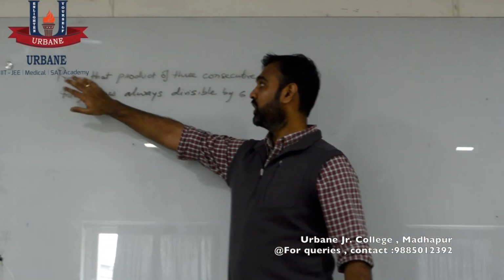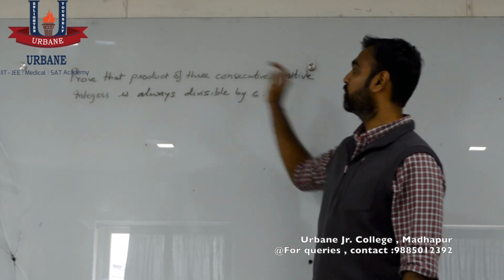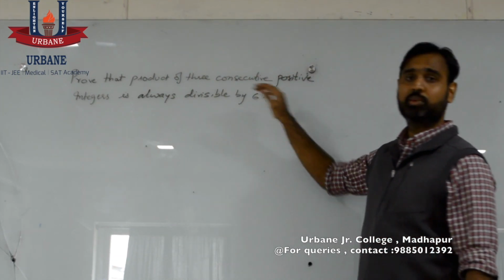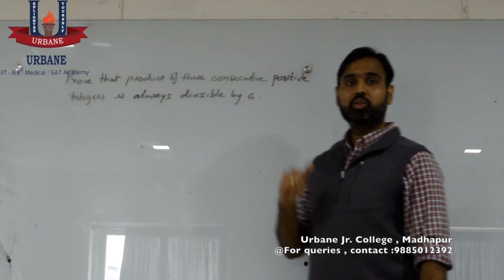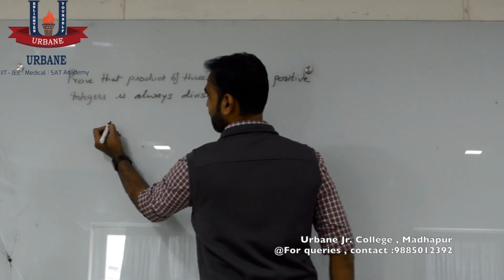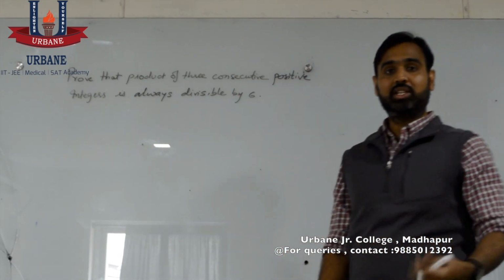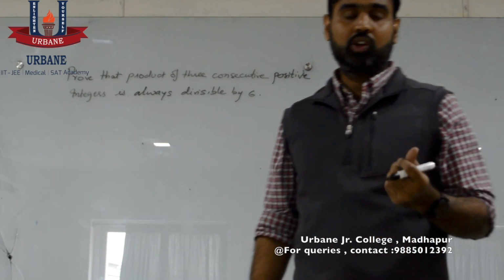Let's solve this question today. Prove that the product of three consecutive positive integers is always divisible by 6. Now let's use Euclid's division lemma, which says any number which is divided by 6 leaves a remainder of